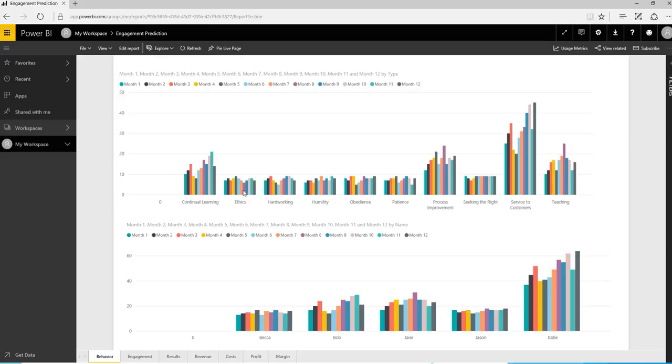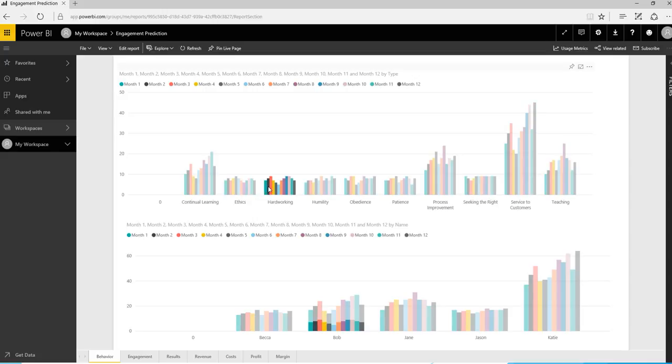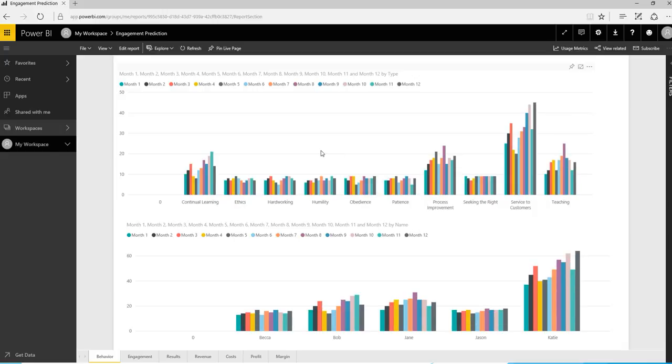And the interesting part about this data platform that we can give to you and show to you and help you develop is that we can start to see who's doing what, like who's hardworking. Well, Bob's hardworking. Well, that's great and wonderful. What about process improvement? Oh, Katie's doing a great job in process improvement. We need to maybe give her a raise. So there's a lot of things that we can understand by looking at the data and having this data information, both from the big data sources and from the engagement sources, to see what's happening, what's going on.